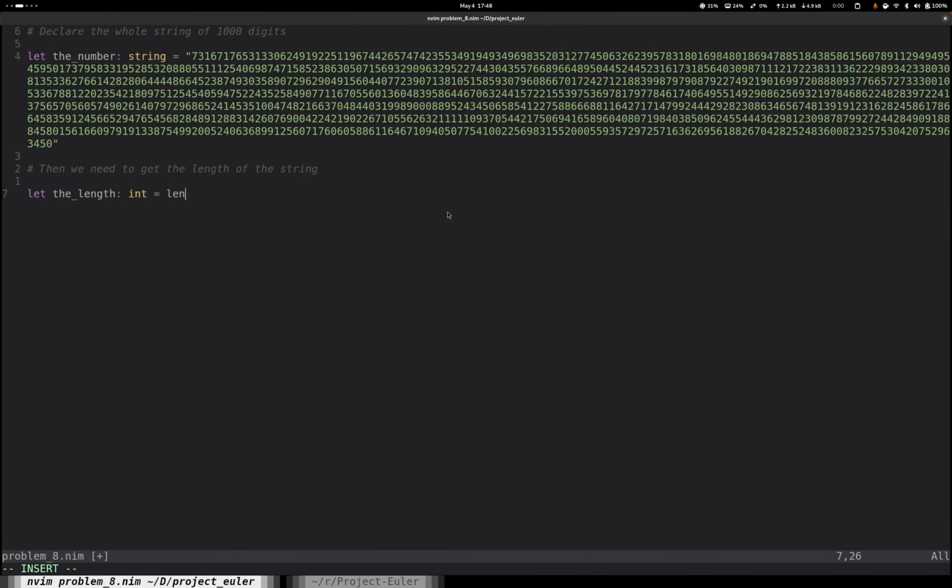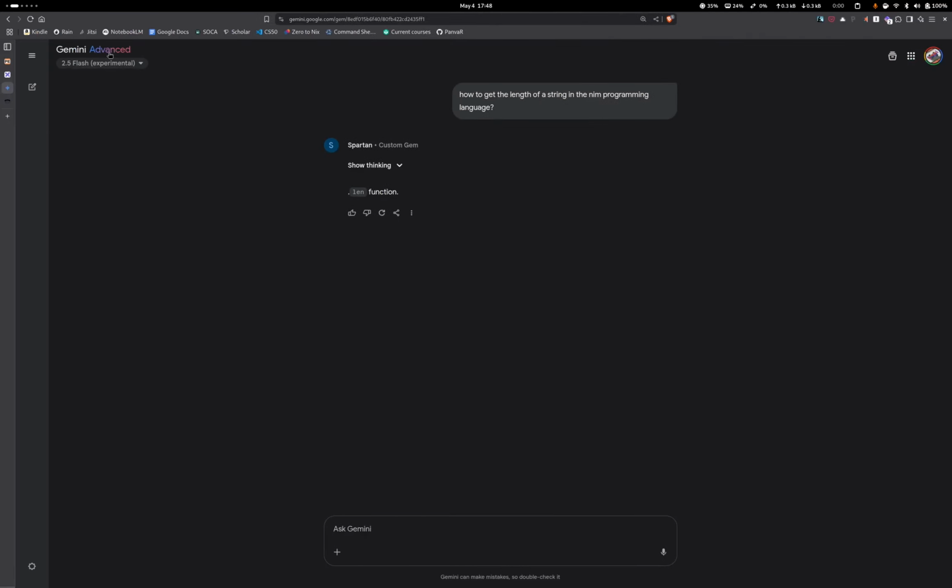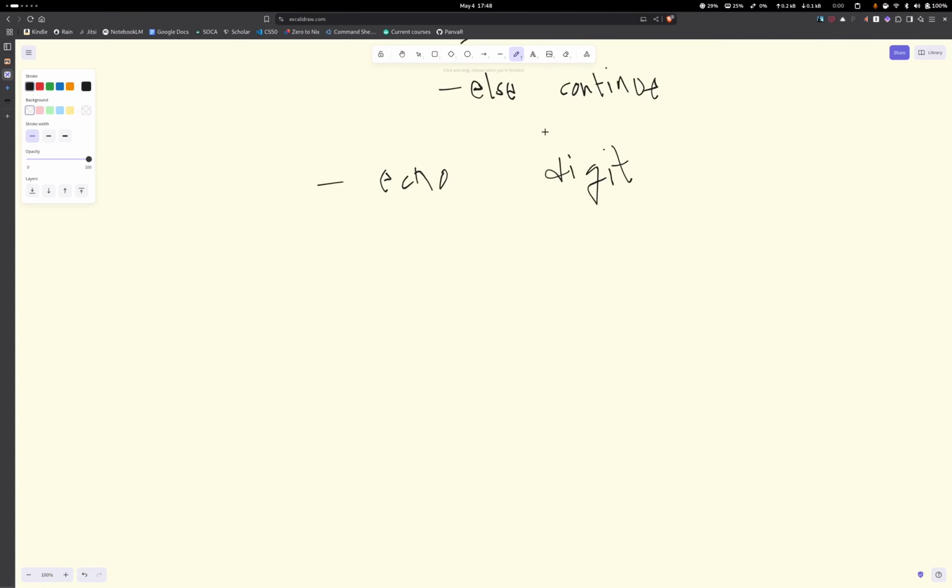Len. Okay, that seems right. All right, len, the number, and now we need to get the last digit to go up to. So what I mean by that is